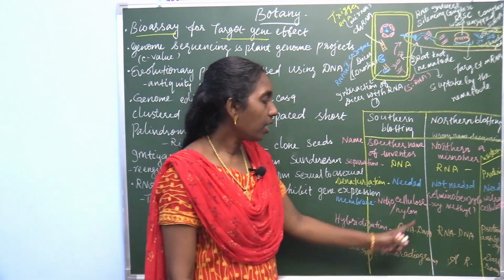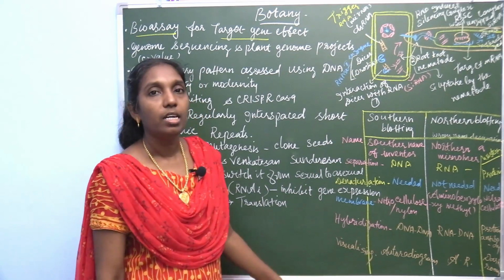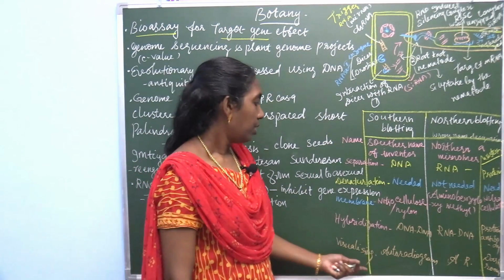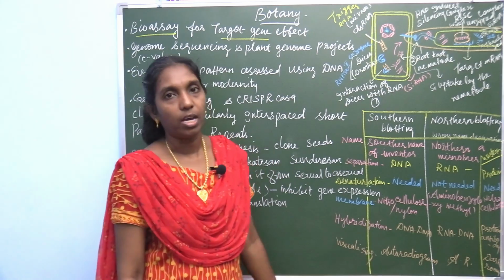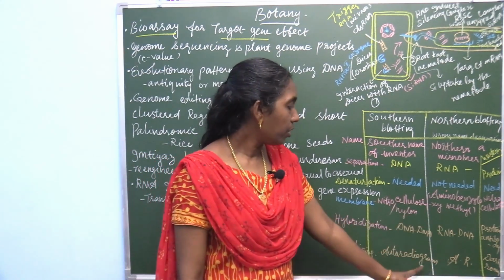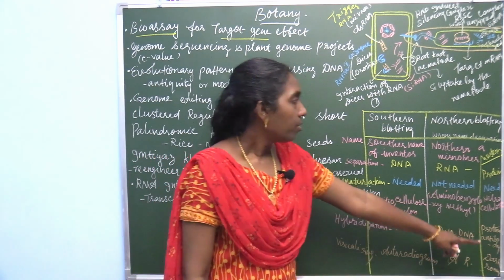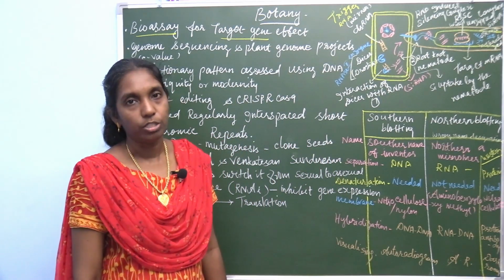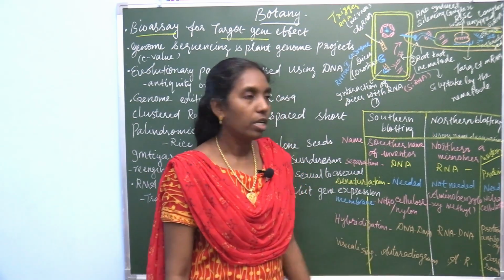So first one DNA, then RNA, then protein antibody hybridization. Finally, visualizing. How to visualize this? By means of autoradiogram. For the first 2, southern blotting and northern blotting, autoradiogram can be used to visualize that. Western blotting, in the dark room it can be visualized. So these are the differences among southern blotting, northern blotting and western blotting.